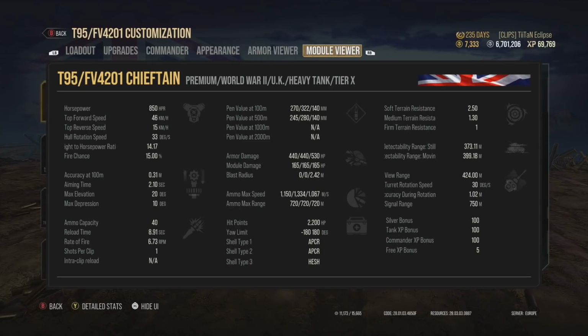Now, the real thing with this tank, however, comes with its gun. 270 millimeters of standard penetration, 322 with a premium, 0.31 accuracy and 2.1 second aim time. This is a heavy, by the way, not a medium tank, a heavy, and also, as if that wasn't bad or good enough, we'll whack in an 8.91 second base reload speed on the tank, meaning that you can output